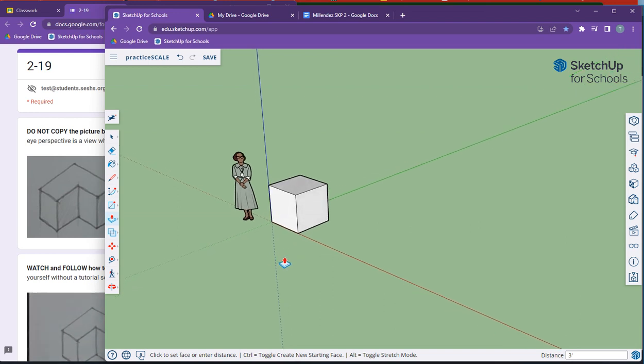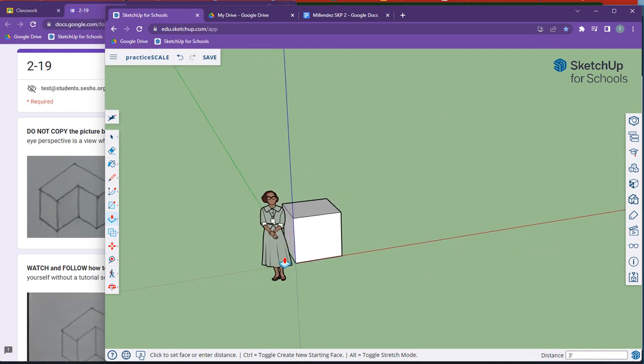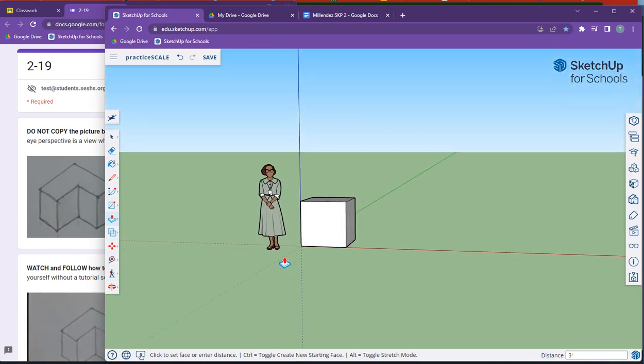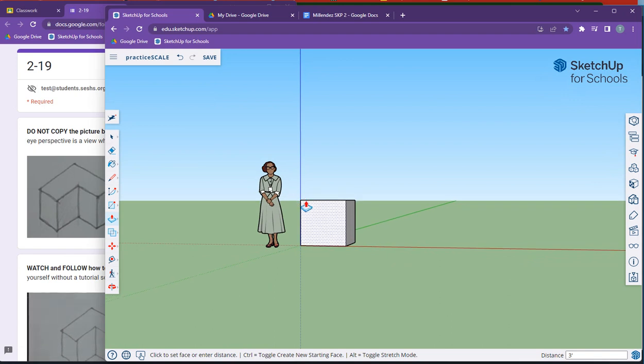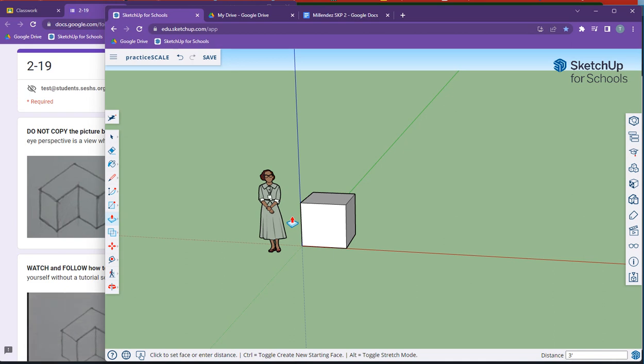Right? So, what we're going to do today is we're going to practice the scale tool. Okay? So 3 feet is like halfway before somebody gets to the height of their hips, and that person is there to tell you the scale of what you're drawing in SketchUp. Okay? So she's there to help you visualize how big